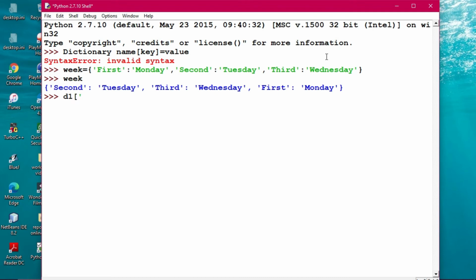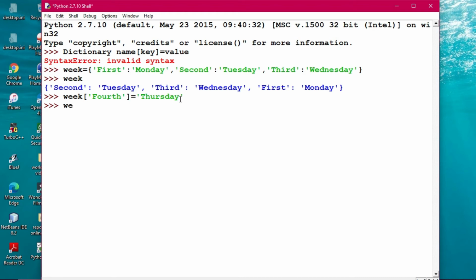So week, then the key fourth, because I want to append a fourth day. Then equals, then the value. Say I'm giving Thursday. This has been added.